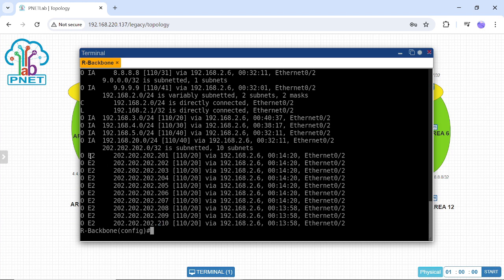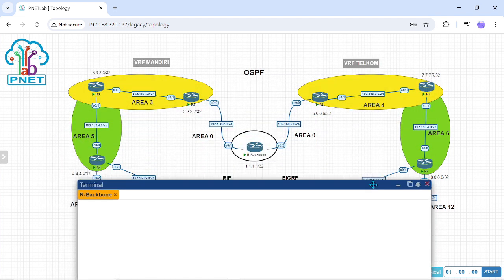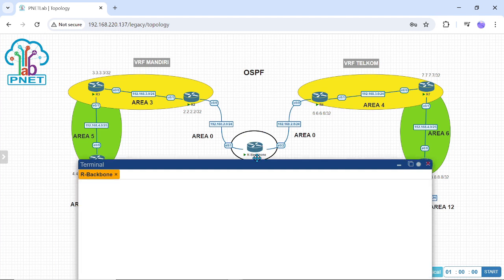All of these IPs from EIGRP will show when I check in the center router.